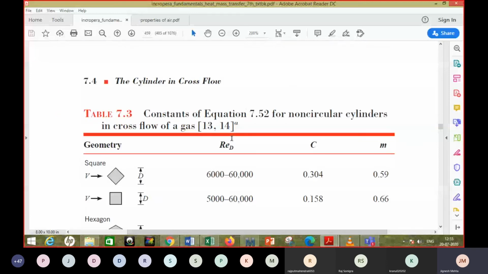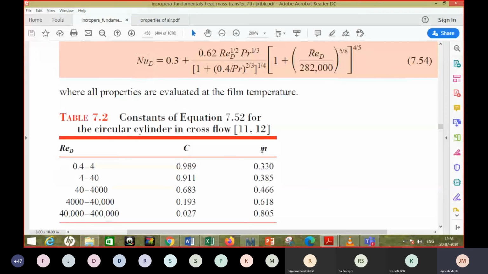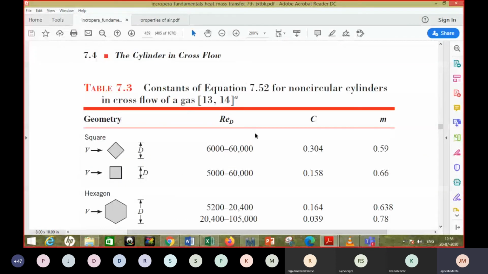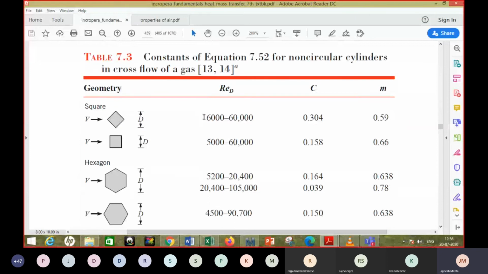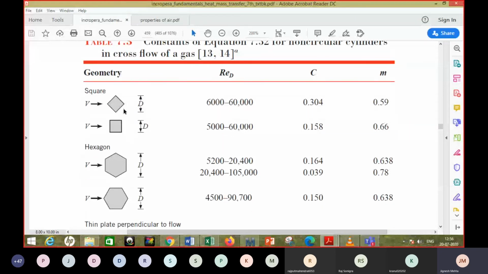But if you are using the Churchill-Bernstein correlation, then you just have to evaluate Reynolds number and Prandtl number, right? There is no exponent which is varying. There are fixed exponents to Reynolds number and Prandtl number as it is seen here, right? So next, there is a table given for different other geometries. The flow over such geometries, you have to get